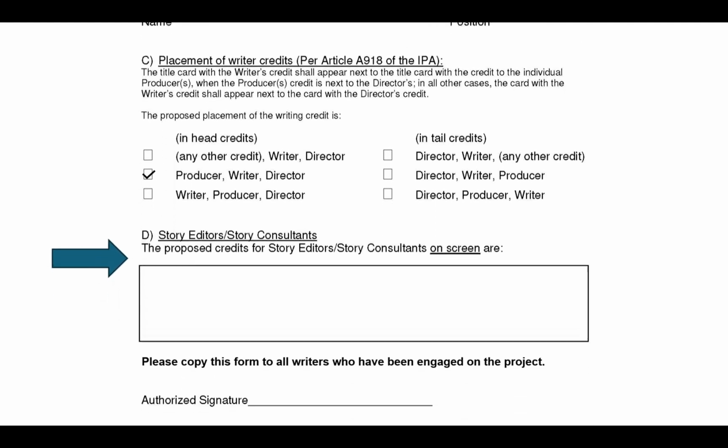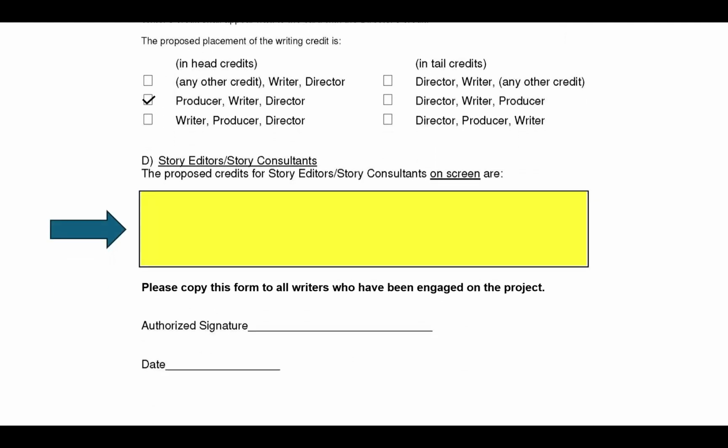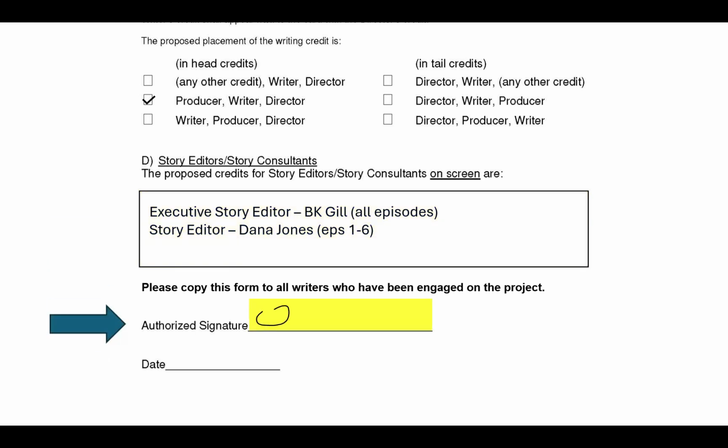The box in section D is where, for a series, you enter the story editor credits as they will appear on screen, using the credit agreed to in their story editor contract. You can list all of the contracted story editors here, and include whether they are being credited on all episodes or only certain ones. At the bottom, the form is signed by someone authorized to do so by the production,